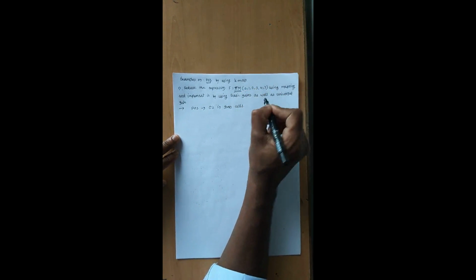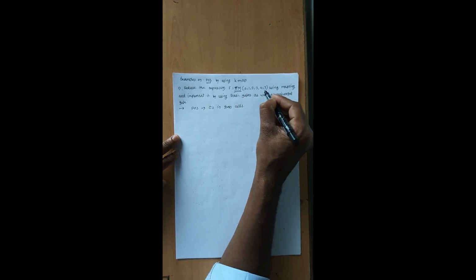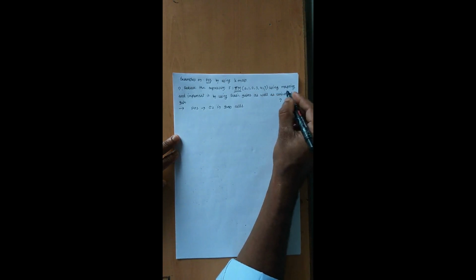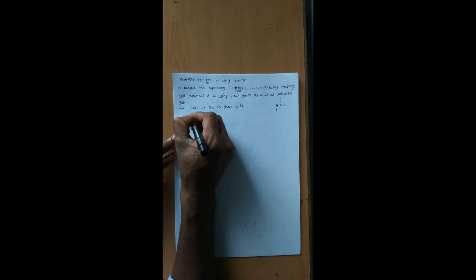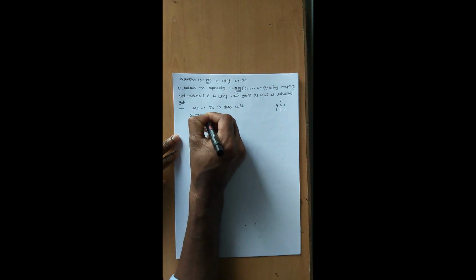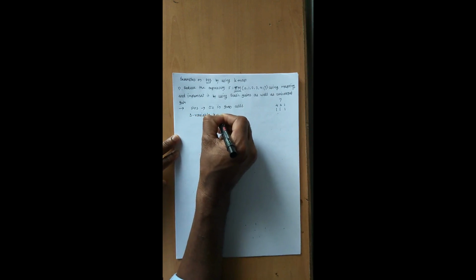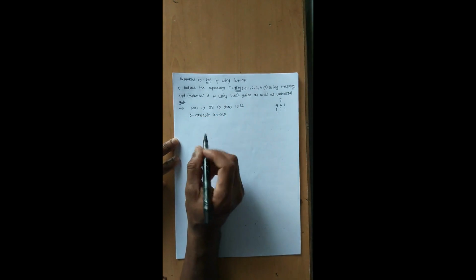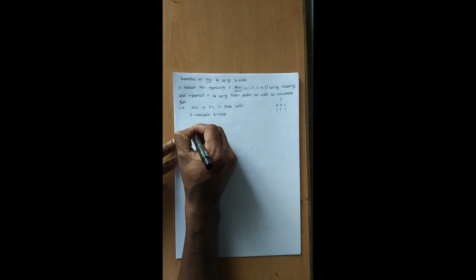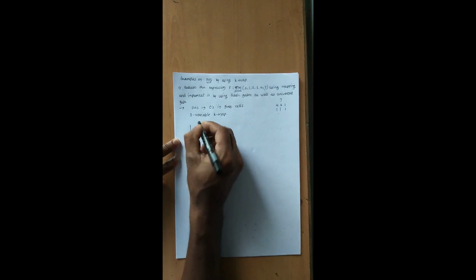So how many variable K-map is required? If you observe carefully, the largest digit is 7. So for representation of 7, we need 4 plus 2 is 6, 6 plus 1 is 7, that is 1 1 1. Hence we need a 3 variable K-map for implementation of this function. So consider a 3 variable K-map.